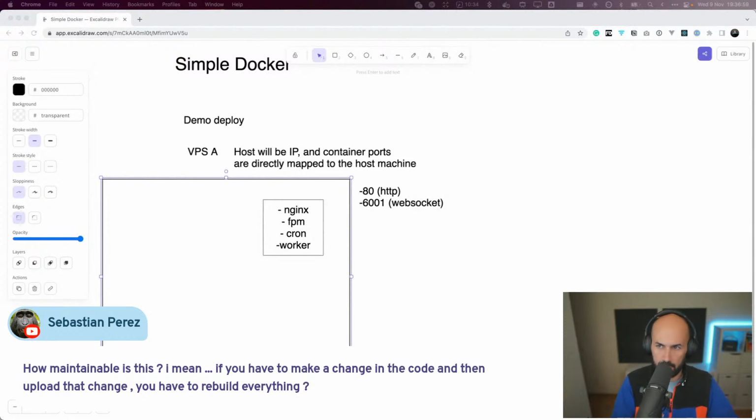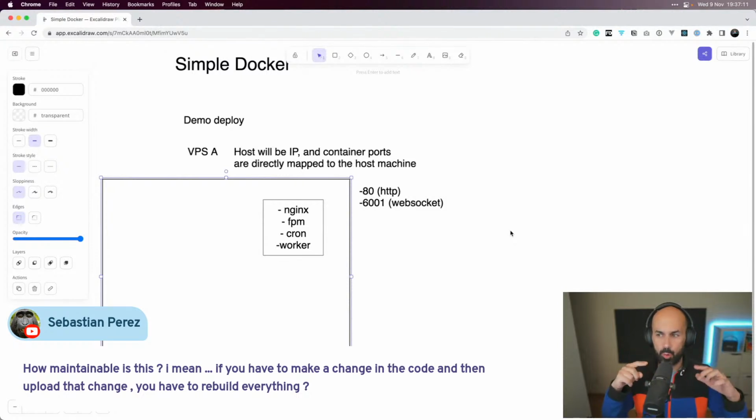multiple ways to do this. Today we'll be using the host VPS to build the image in place, like we do it locally. We could alternatively push the image to a Docker Hub registry server. It might be Docker Hub, it might be a private one, Docker ECR. There are multiple GitHub packages. There are multiple places where you can host or self-host. But in terms of building everything, yes,